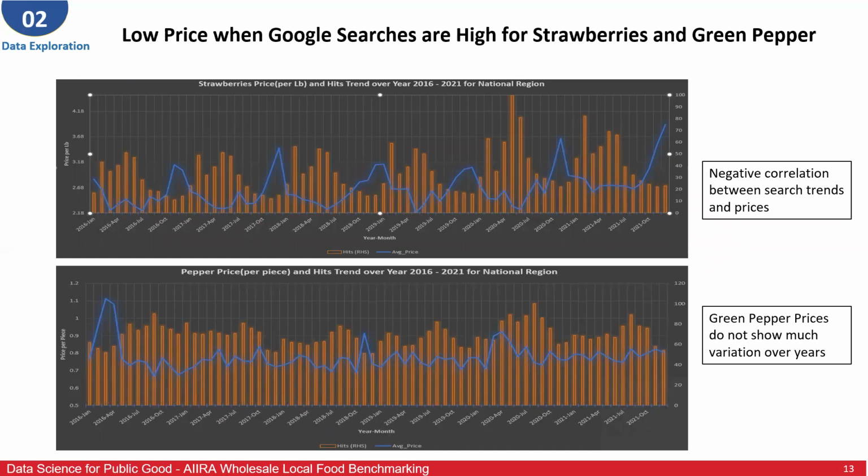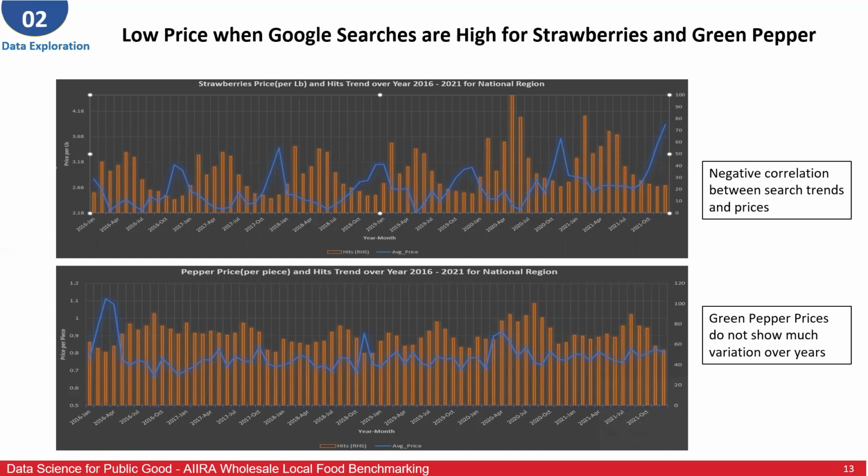So for something like strawberries, we see a negative correlation between search trends and prices. But for a keyword like peppers, we realized each commodity is different with its behavior. There isn't one set seasonality, and they don't all follow uniform patterns.